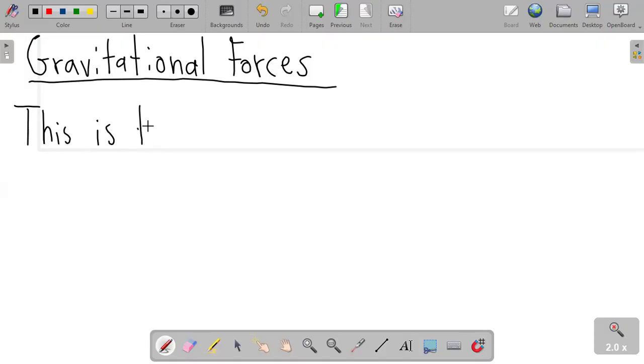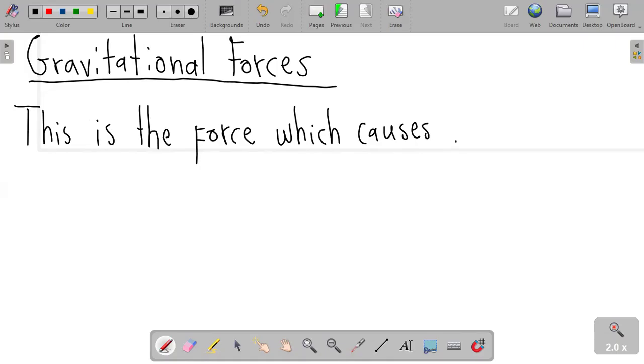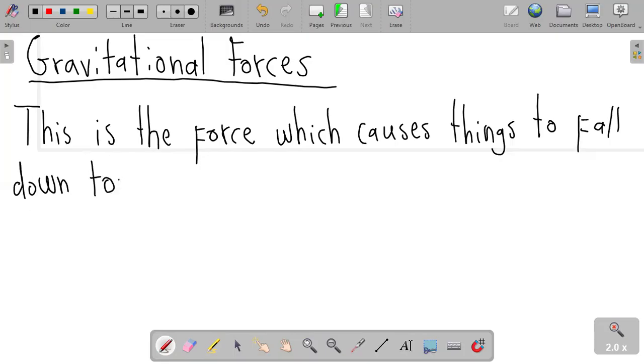What is a gravitational force? This is the force which causes things to fall down towards the earth,